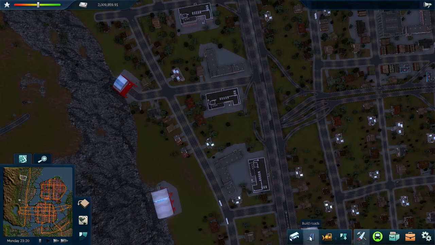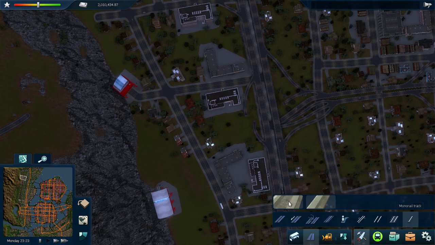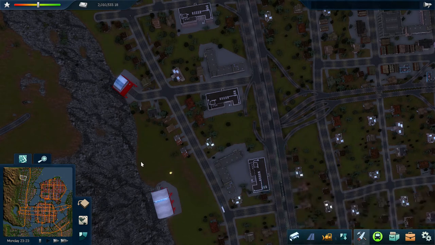I am playing Cities in Motion 2, and I will be adding a monorail system. Obviously, I already have a monorail, so I'm adding a new line. And this line is going to go from the mainland on the west to the northern island. It's going to go along the top of the island, and perhaps I'll make it all the way to the